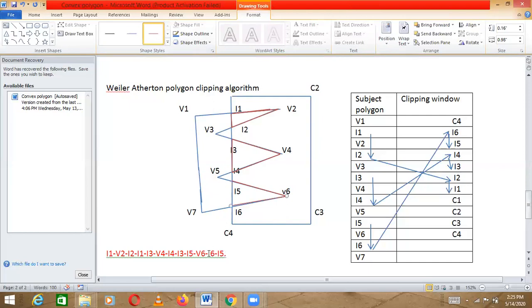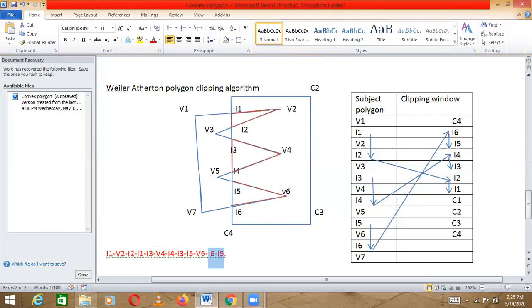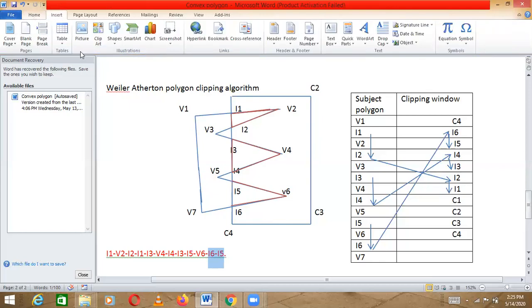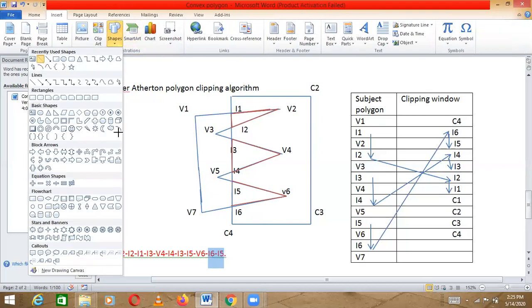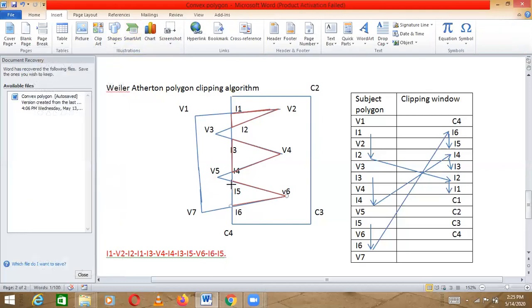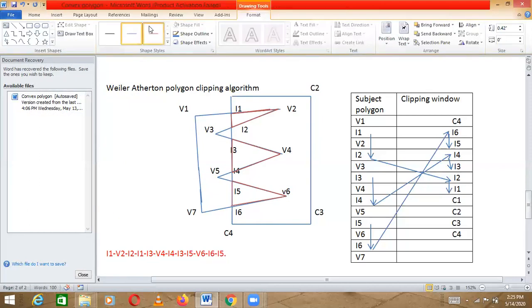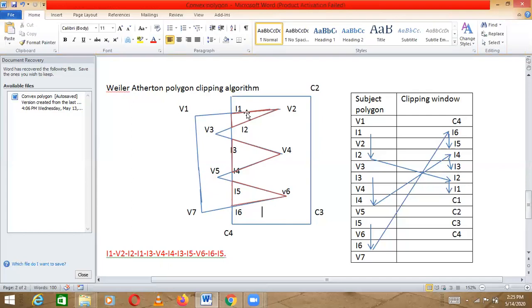And next is I6 to I5. So we have got what is in red color; this is your polygon which is accepted by the algorithm.